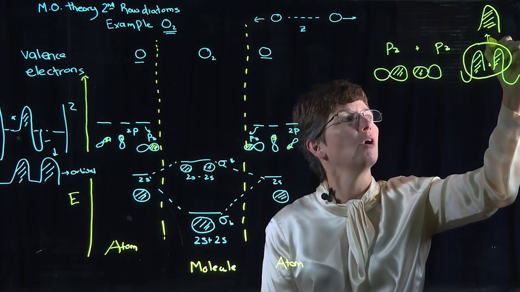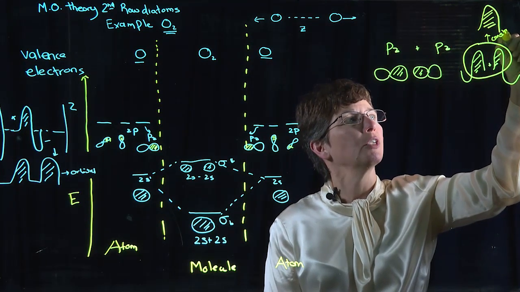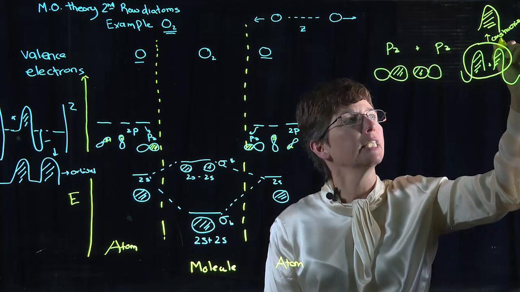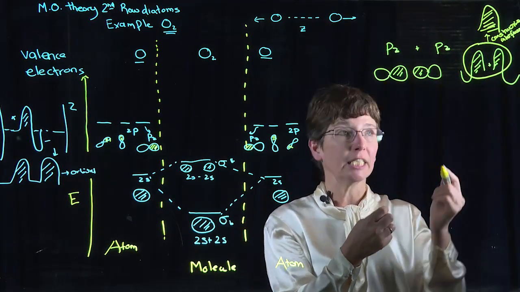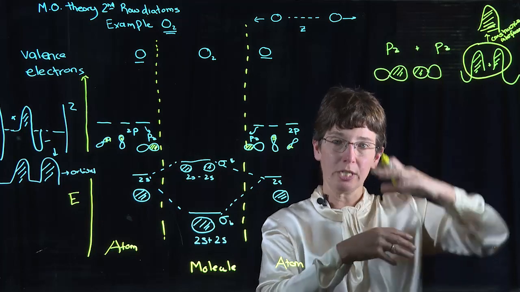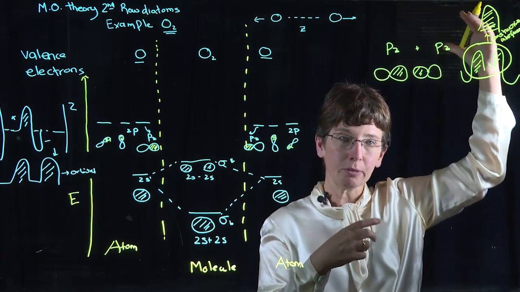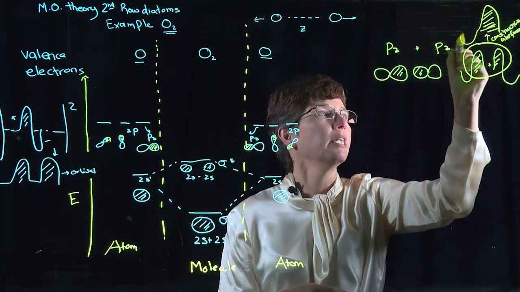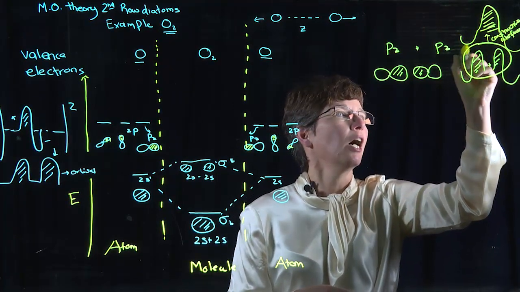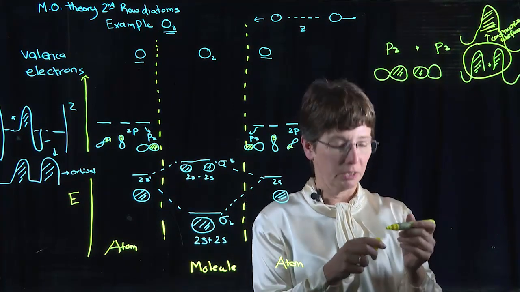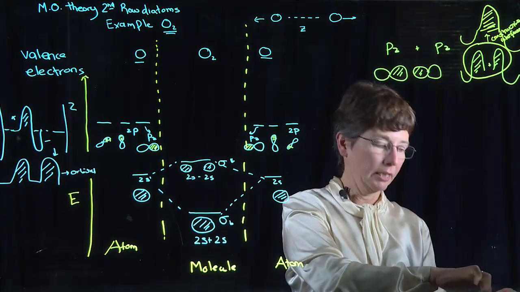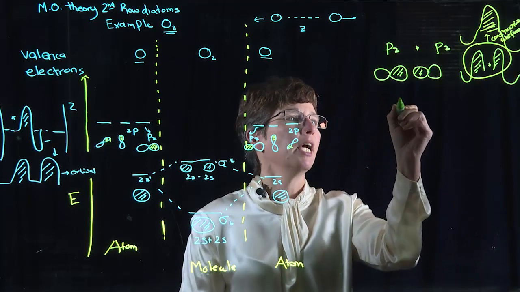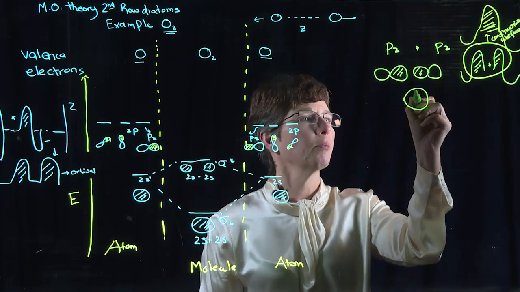This is what we call constructive interference. This is an idea that might be familiar to you from physics. If not, I think it makes sense intuitively that if we overlap two things and they add, the amplitude gets bigger, and the negative parts don't really have much effect here. So if we add the pz and the pz, we can make an overall molecular orbital where we have a